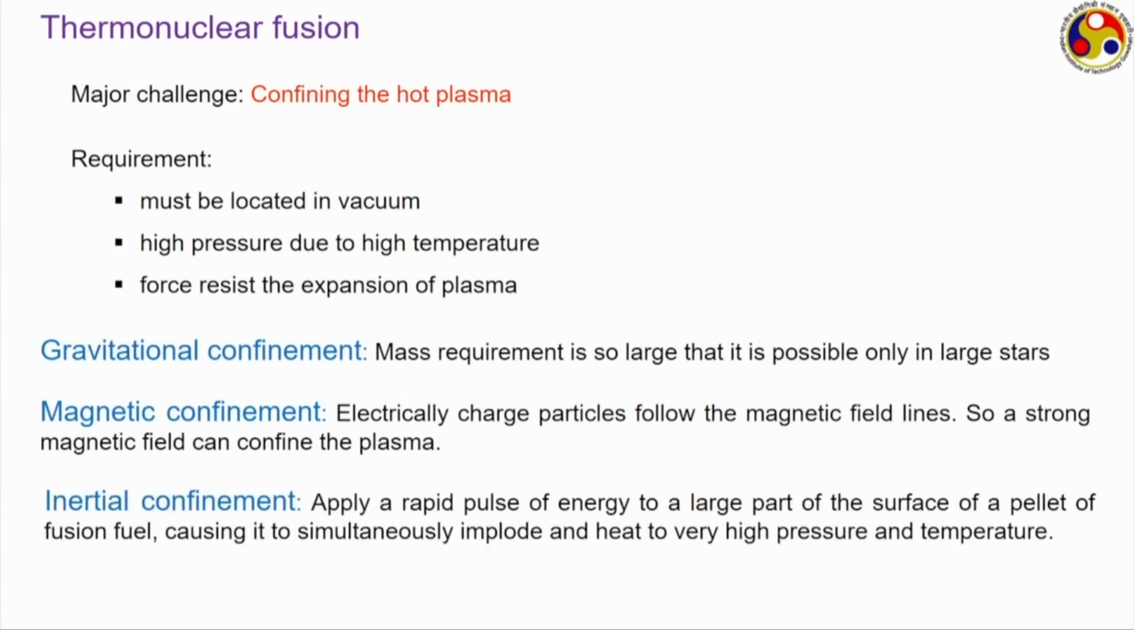And the final one is inertial confinement. It applies a rapid pulse of energy to a large part of the surface of a pellet of the fusion fuel, causing it to simultaneously implode and heat to very high pressure and temperature levels. This is something that researchers have started to work on, and may